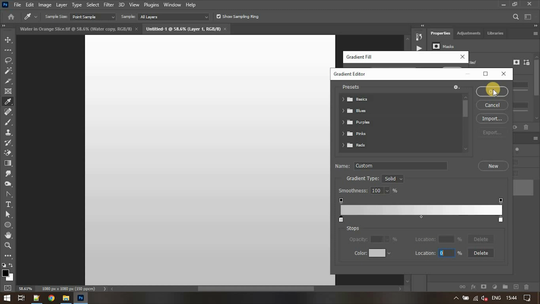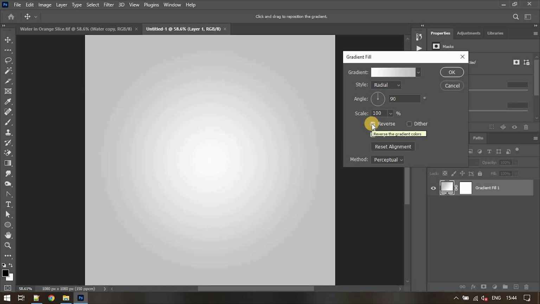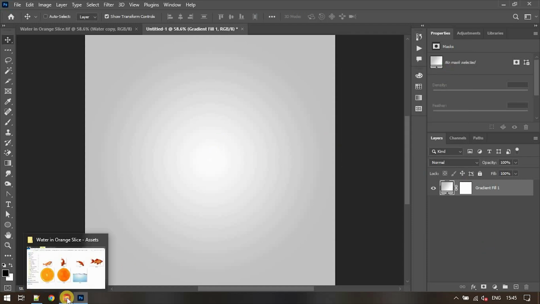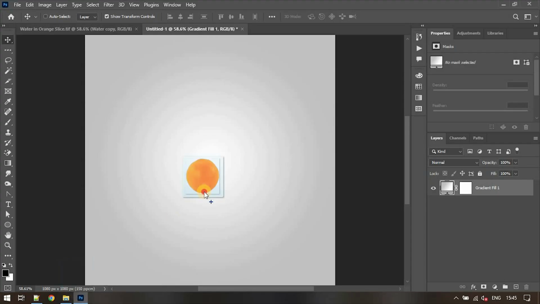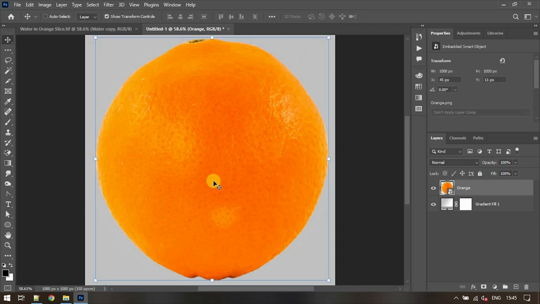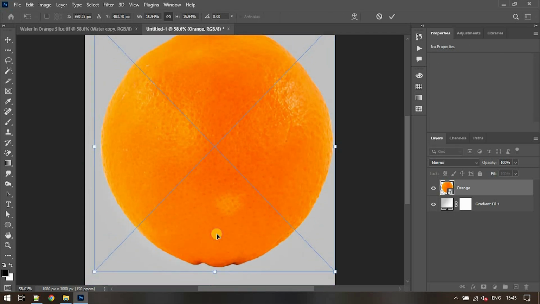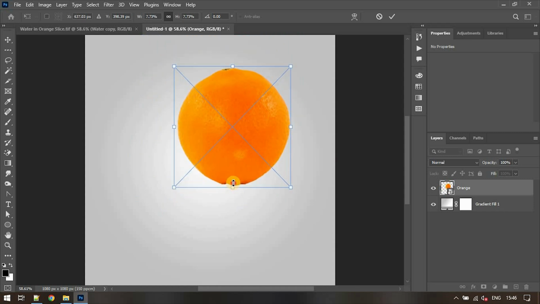And in style we are choosing radial, and let's click this reverse, which gives us this white in center, which gives the effect of light. Press OK. Now let's import this orange, drag and place it here. Press enter or return, and we'll put it in the center. So let's resize it,